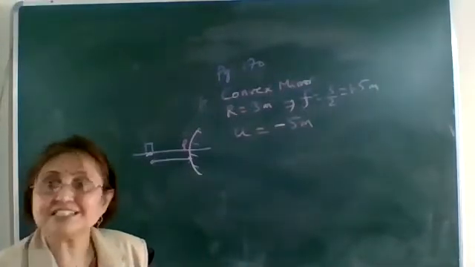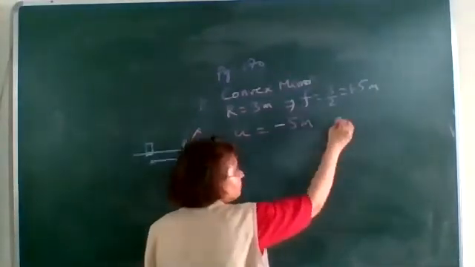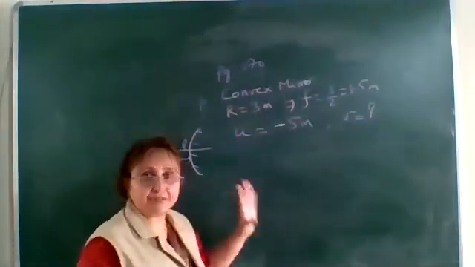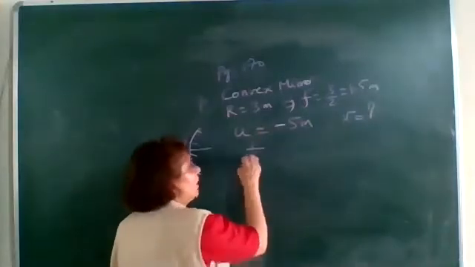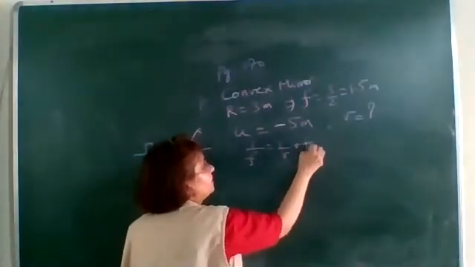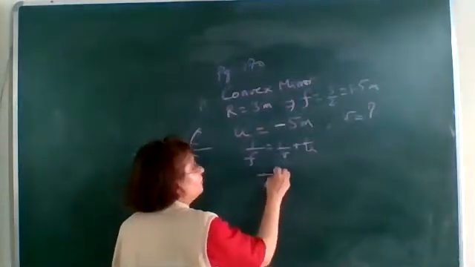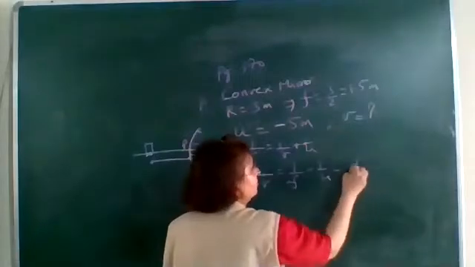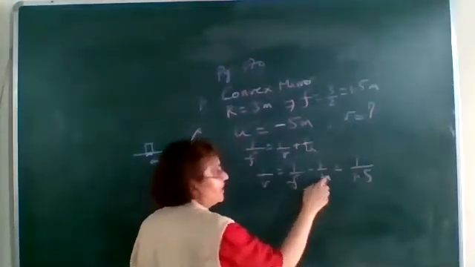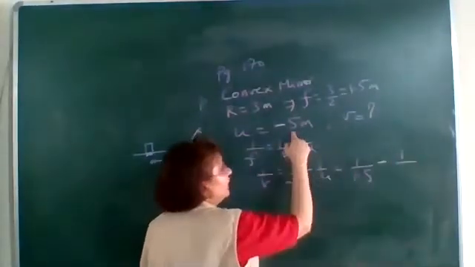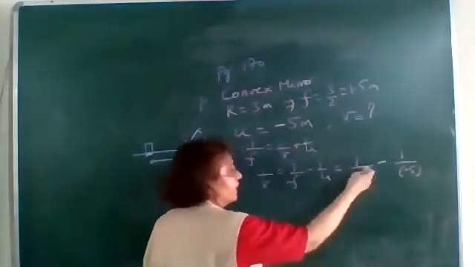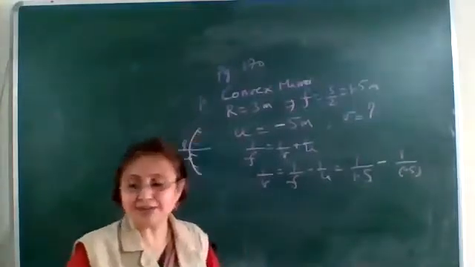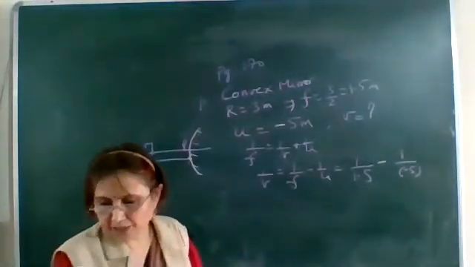Find the position, nature, and size of the image. For finding the position of the image, we have to find the V distance. F is given, U is given. Which formula can we use? The mirror formula: 1 upon F is equal to 1 upon V plus 1 by U. So 1 upon V is equal to 1 upon F minus 1 by U. Now substitute the values: 1 upon 1.5 minus U, and here U is minus 5. So 1 upon 1.5 plus 1 by 5. And on solving it, you get V to be